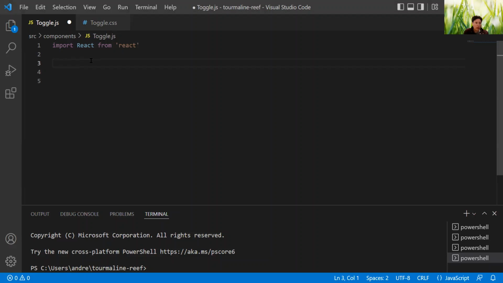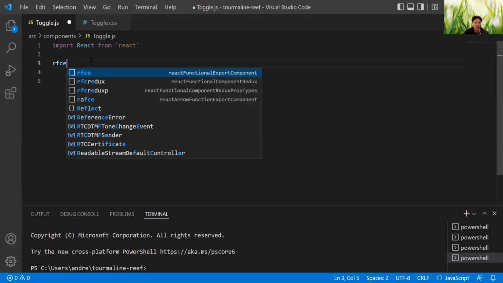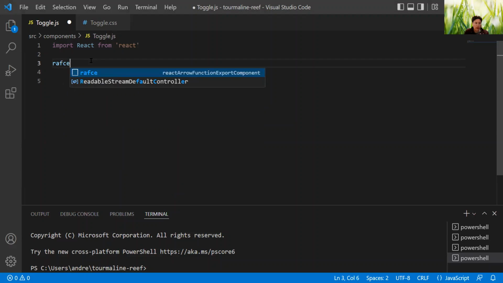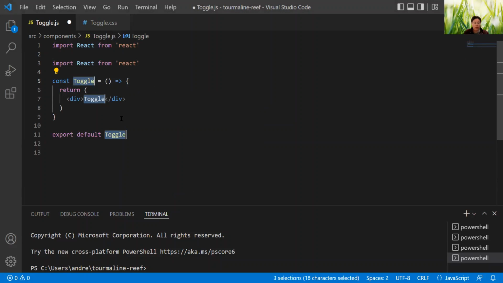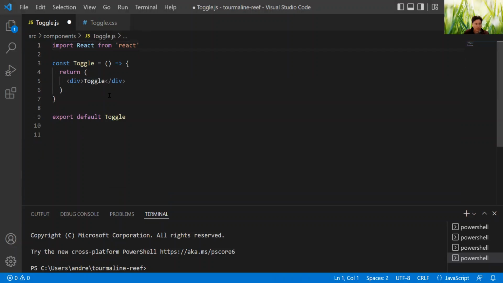Okay, so from here we can do RFCE or RAFC. Let's do RAFC like that. It gives us the basic setup, and actually it even gives us the import statement, so we don't need to write it twice. And then from here, let's go ahead and give a class name of